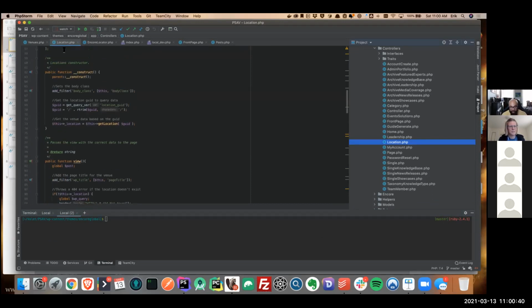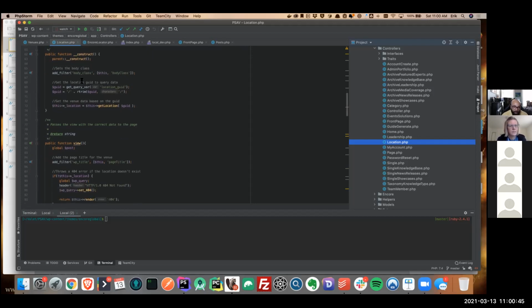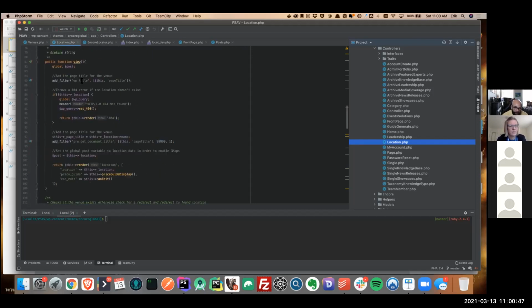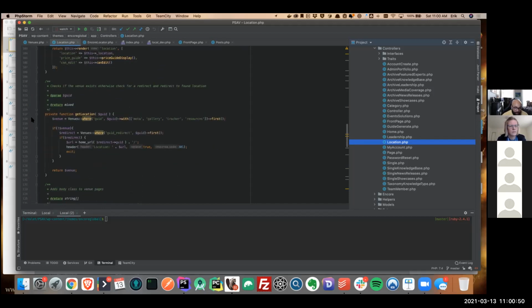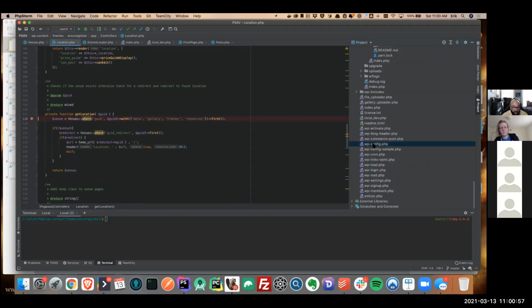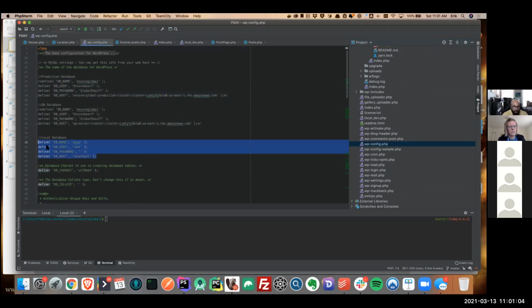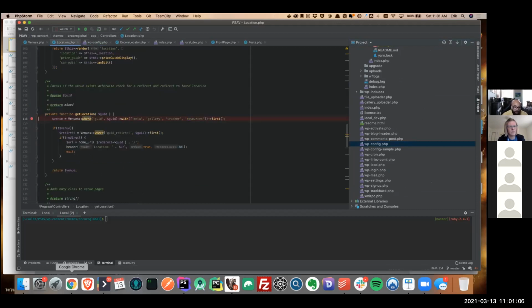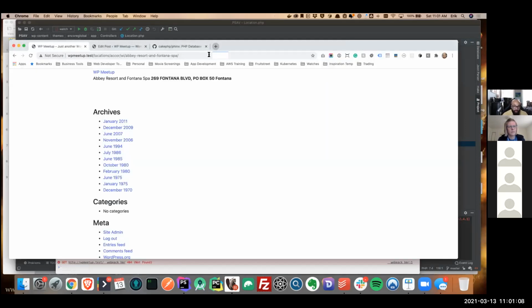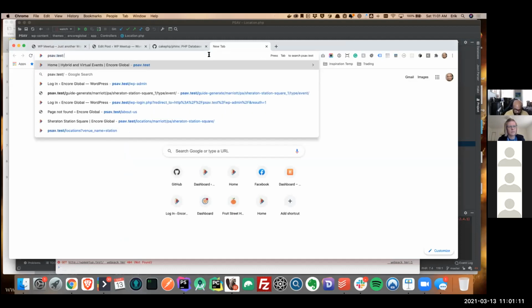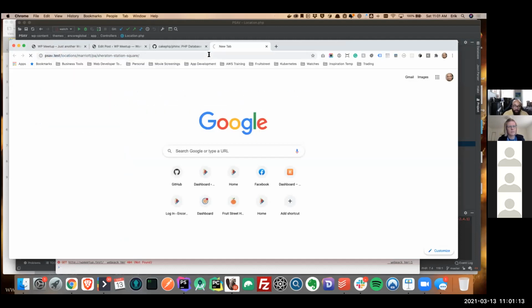This is similar to that location controller that I was showing earlier. It's just my version. Say I need to figure out what is going on. Let me set a little breakpoint here. This little red dot is a breakpoint. First, let me make sure my connection is not going to their live site, because that will take forever. I want my local database. All right, so now I'm going to navigate to PHP. Okay, that should work.